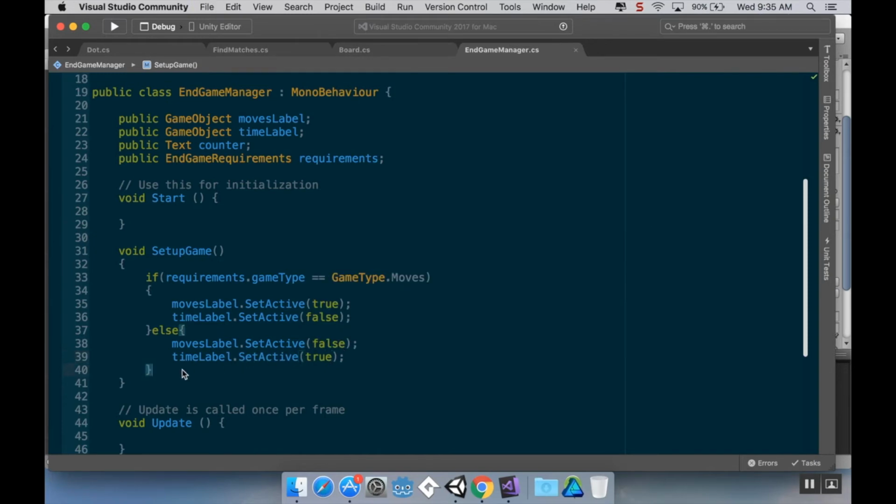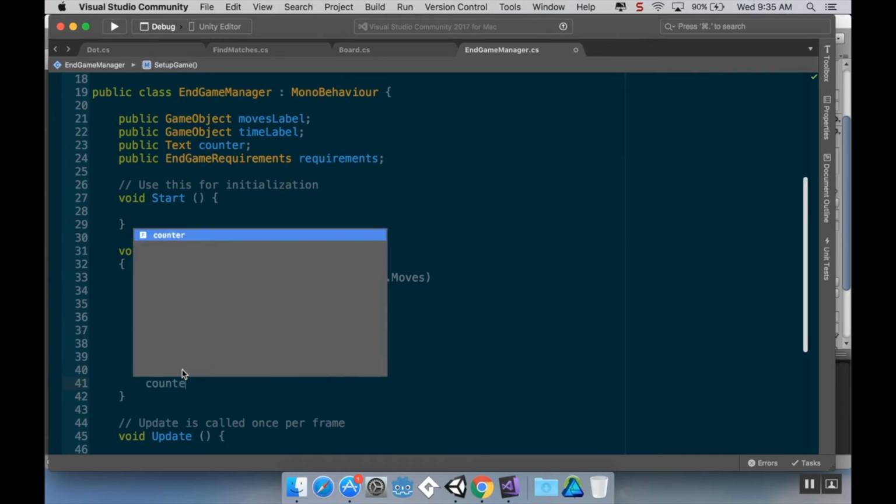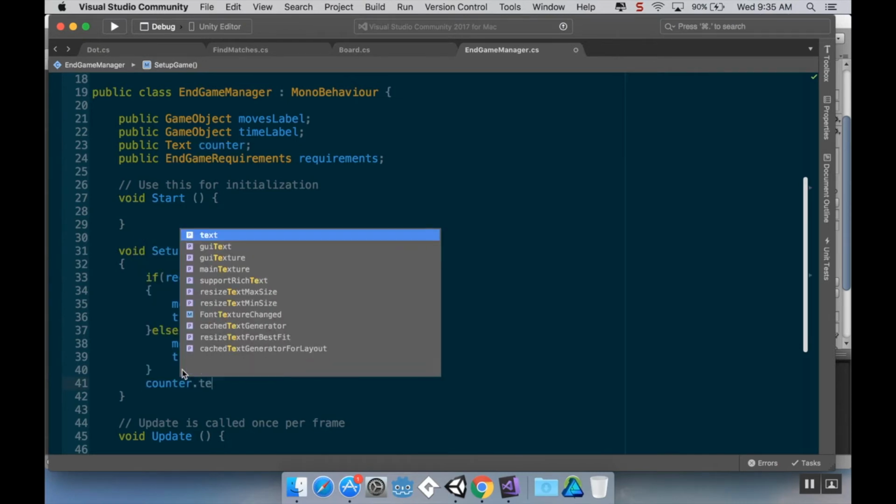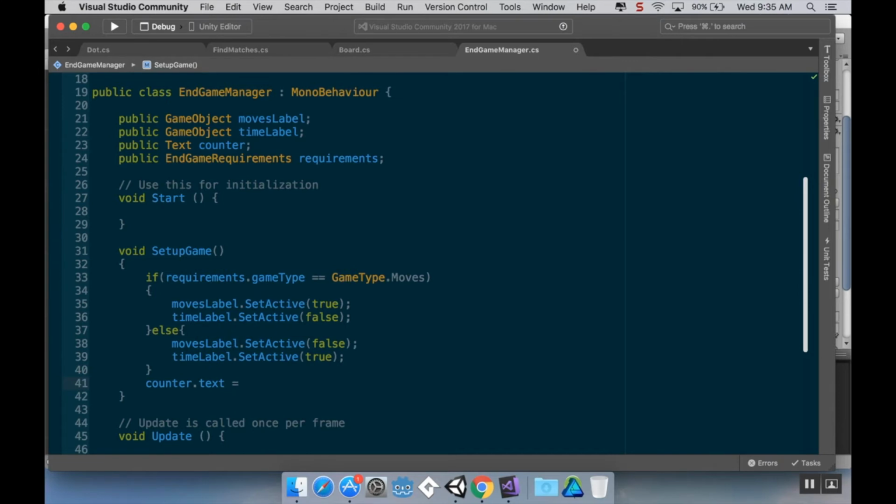Then the next thing I want to do is I want to set the counter value. So I'm going to say counter.text is equal to, and this has to be a string. We've talked about this before. So I'm going to do open close quotations so that it becomes a string. And I want to add to it,